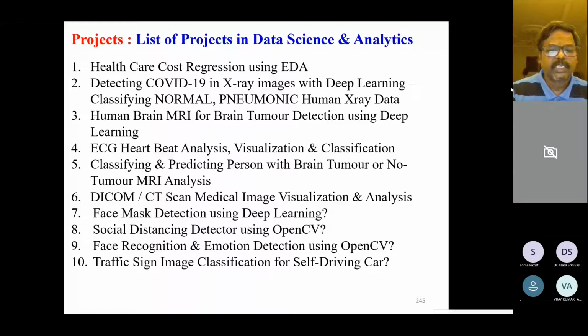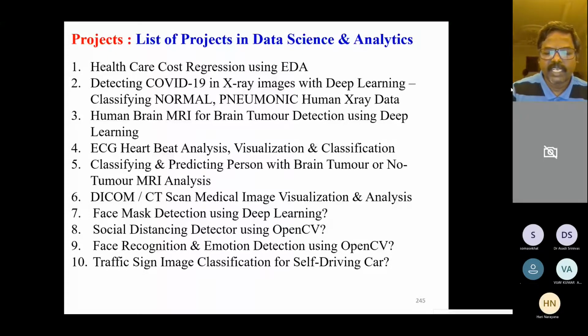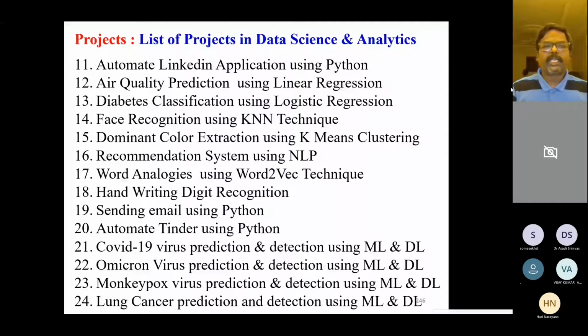Traffic sign image classification for self-driving car, automate LinkedIn application using Python, air quality prediction using linear regression, diabetes classification using logistic regression, face recognition using the K nearest neighbor technique, and dominant color extraction using k-means clustering, recommendation system using natural language processing, word analogies using the word to vector technique, handwritten digit recognition, sending email using Python, automate Tinder using Python, COVID-19 virus, Omicron, monkeypox, lung cancer prediction and detection using machine learning and deep learning techniques,